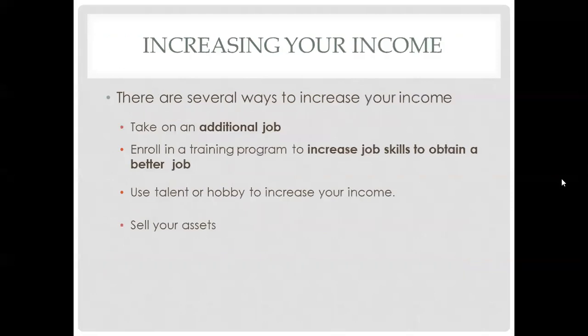One way to increase your financial stability is to increase your income. There are several ways you can increase your income. The main ones that are going to be the most popular is taking on an additional job if you're already working a full-time job, or go back to school and try to increase your skills in order to obtain a better job than the one you currently have. You could also make money by using a hobby to increase your income or even sell some of your assets, but those aren't unlimited possibilities as far as increasing. They're only temporary relief. The ones that are going to be a good increase is going to be the additional job or seeking a better job.